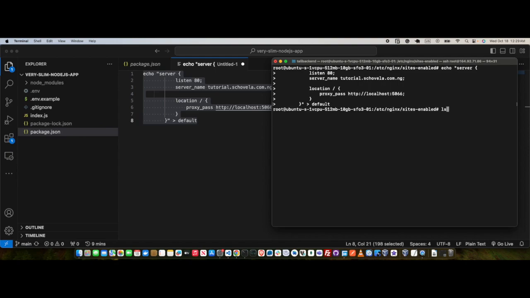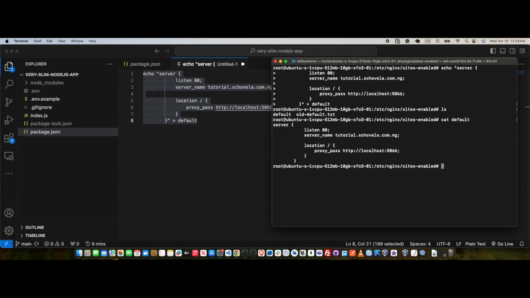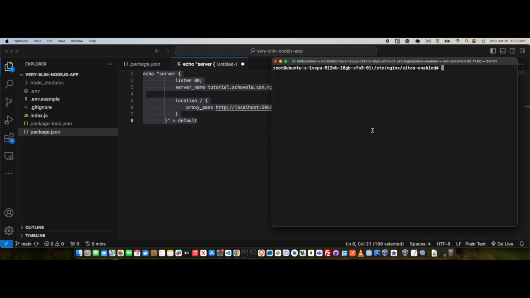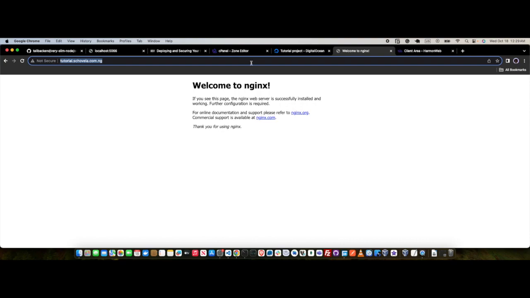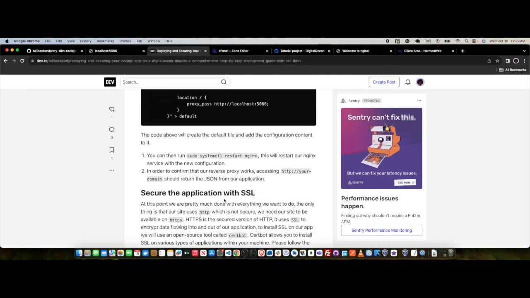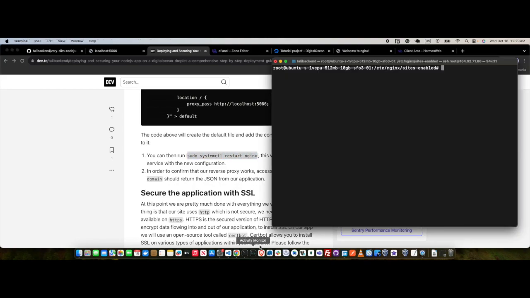And then if I list the content of this directory, we should have this content in our defaults. We should have a default file, but then we can check what is inside by running this, and then we can see what is inside our file. So at this point, we've updated our default Nginx configuration, but we need to restart our Nginx so that it's going to pick up the updated configuration. So in order to do that, we're just going to run this. And then we've restarted our Nginx